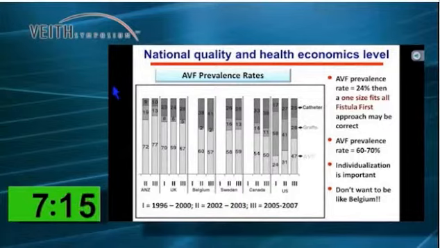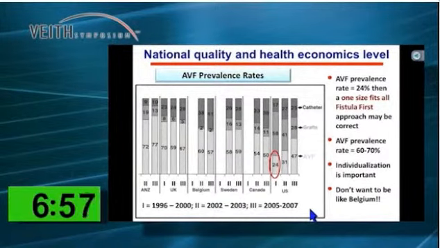What about at the national quality care level? The panel on the left describes AV fistula prevalence rates in different countries from the DOPPS study between 1996 and 2007. And I would make the case to you that if we were in the United States in 1996 with a 24% AV fistula prevalence rate, the right approach would be a one-size-fits-all fistula-first approach. On the other hand, if we are where we are now with a fistula prevalence rate of over 60%, then perhaps